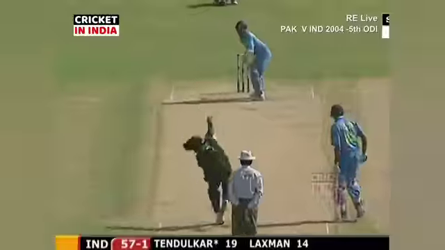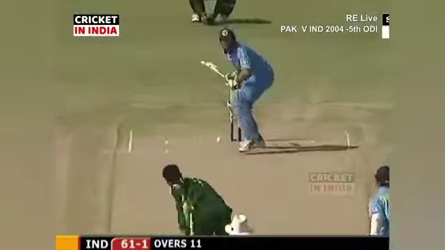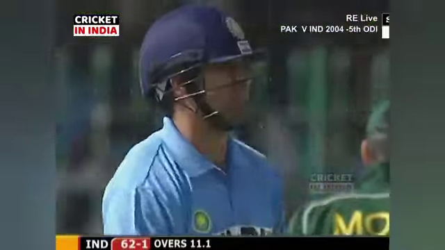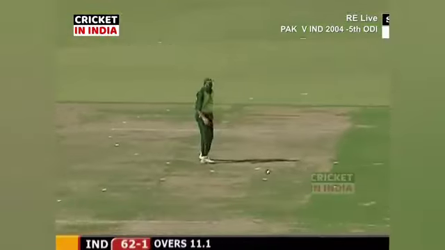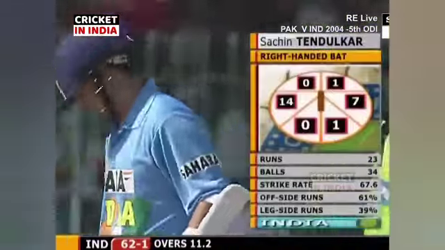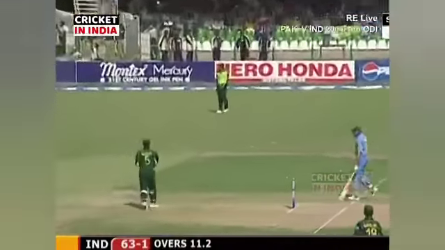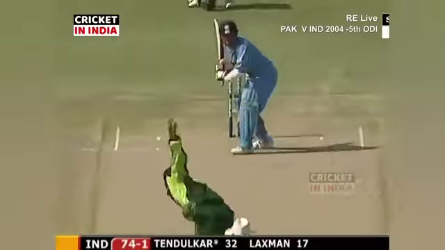VVS Laxman. That's four. It's a glorious four. Shabir Ahmed continues. Missed out, VVS Laxman. It was right in an area. Square of the wicket. Yeah, just the one run behind the square, and the rest have all been in front. That's an indication. There's some solidarity about his batting today. It wasn't there in Sehwag's batting.